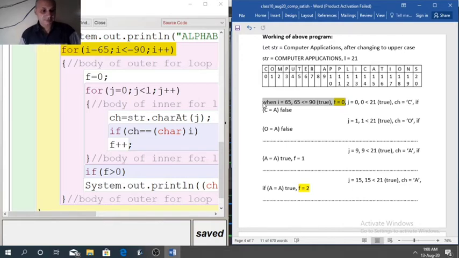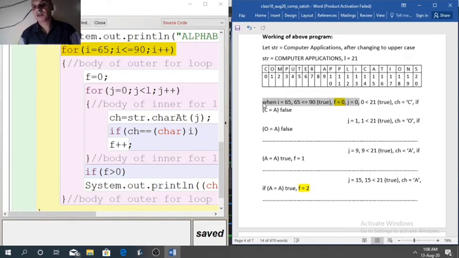So first time when j equal to 0, inner loop j is required to extract each character of the string. So j equal to 0, j less than L, j plus plus. L you have seen 21, less than 21 means up to 20 it will go. So from 0 to 20 it will extract each character of the string.